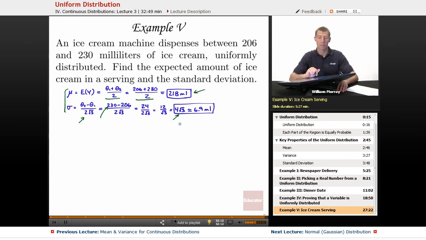And that's the last example, and so that wraps up this lecture on the uniform distribution. The uniform distribution is just the first, it's the easiest of several continuous distributions, so we'll be moving on from here and looking at the famous normal distribution, not the same as the uniform distribution, and also the gamma distribution, which includes the exponential distribution and chi-square distribution. So those are all coming up in the next few lectures here in the probability series on